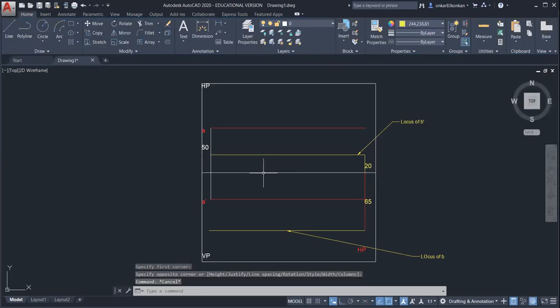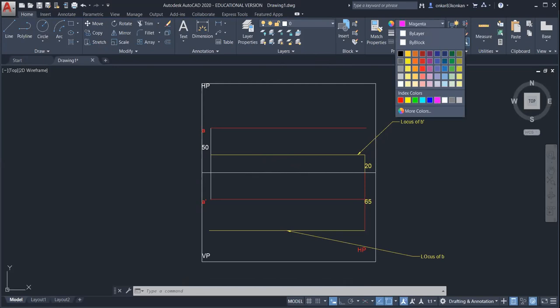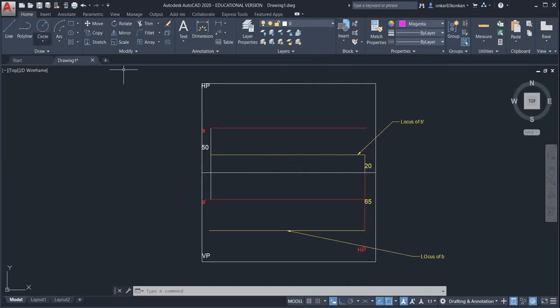Now refer the distance between the end projector. So you have to draw the first end projector passing from A and A dash. So draw the vertical line.